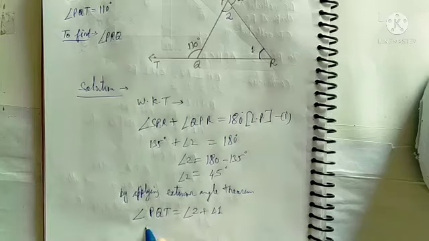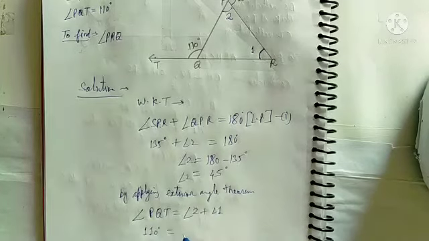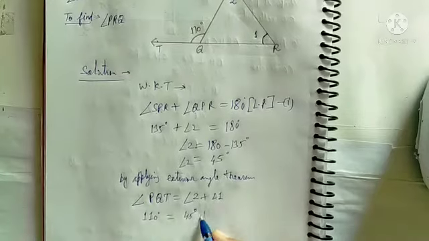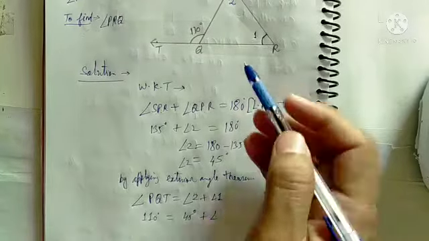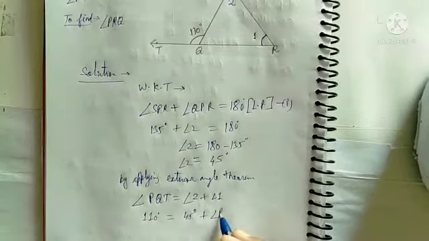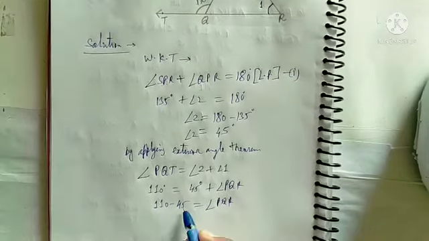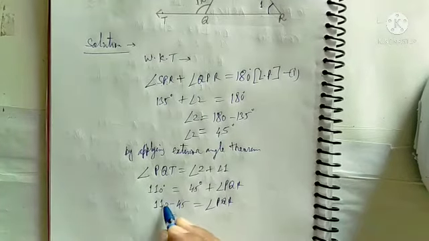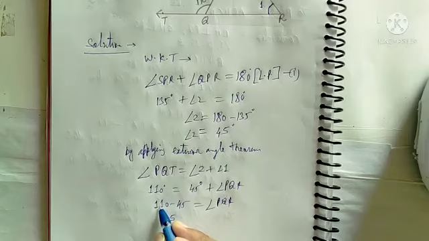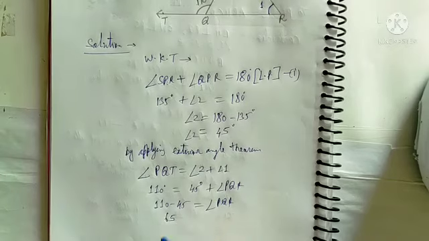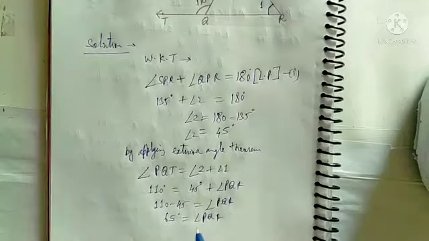This is the theorem. So PQT is 110 is equal to angle 2 we got just now 45 degree, and then plus angle 1 value, that PQR we want, PQR. So subtract 45 from 110. 110 minus 45 is equal to angle PQR. Now this is 5. If you subtract from here, now 0. Take here, carry, then 6, 65 degree. Angle PQR is 65 degree.